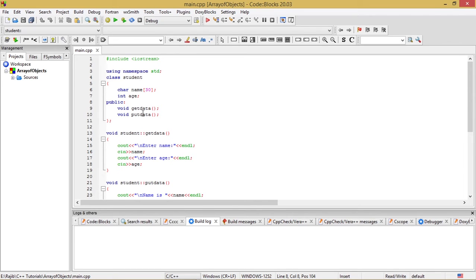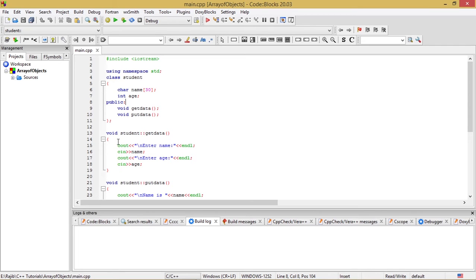After that, under the public section, I have given the prototypes. I have declared two functions: void getData and void putData. These two functions are not defined inside the class. They will be defined outside the class with the help of the statement void student, scope resolution operator, the function name getData, then opening and closing parenthesis.